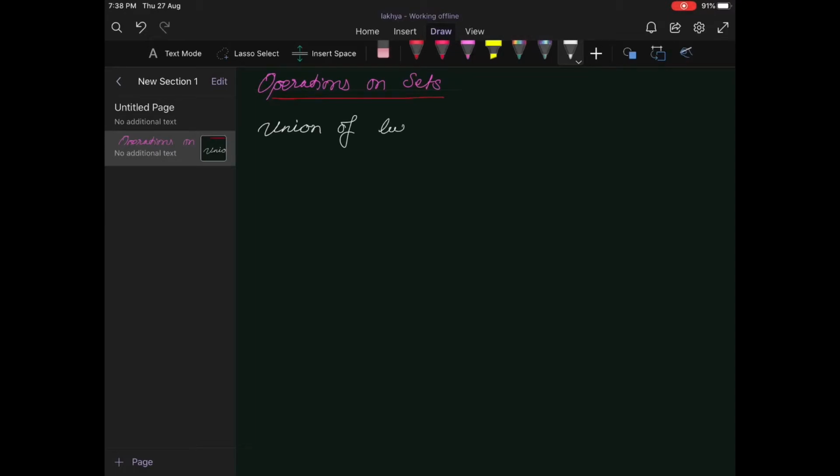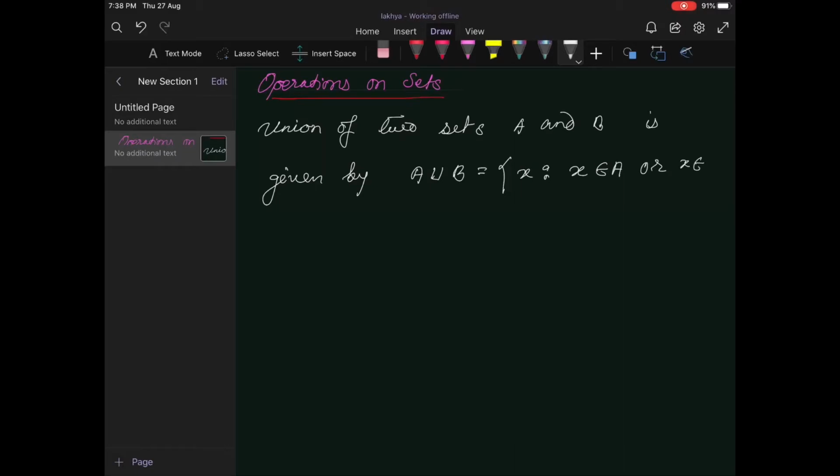Suppose the union of two sets A and B is given by A union B, the set of X such that either X belongs to A or X belongs to B. So X must be an element of either set A or B. Now for example,